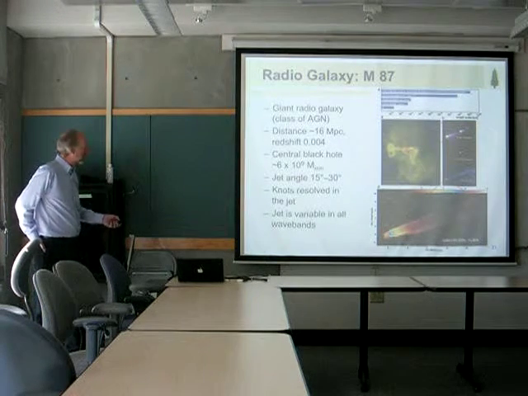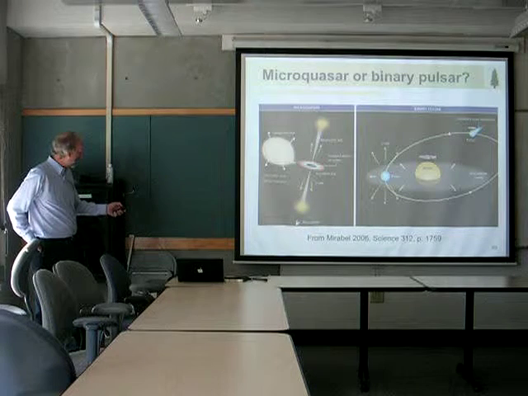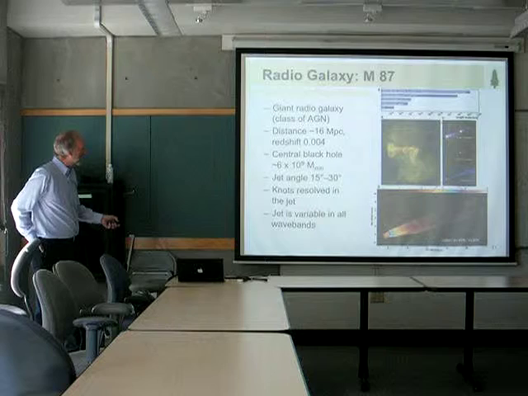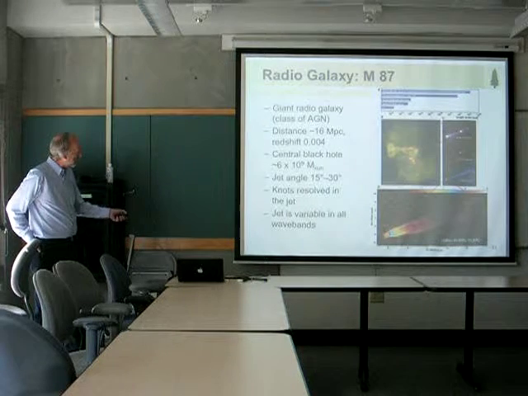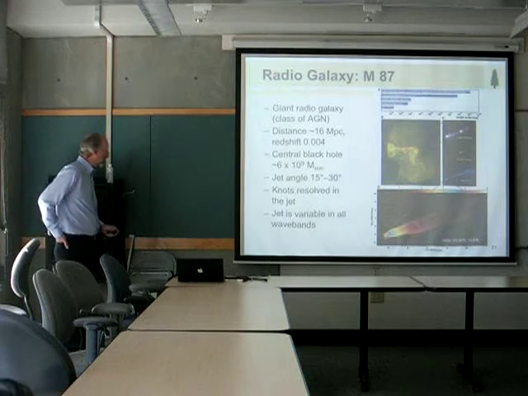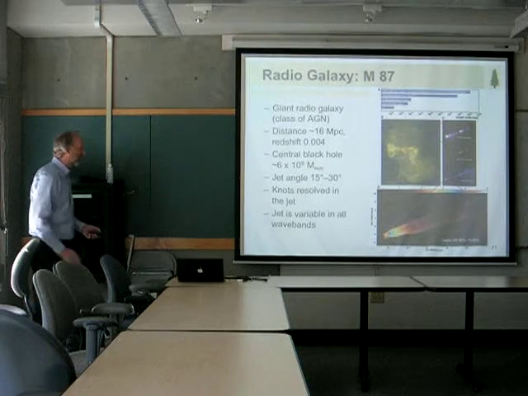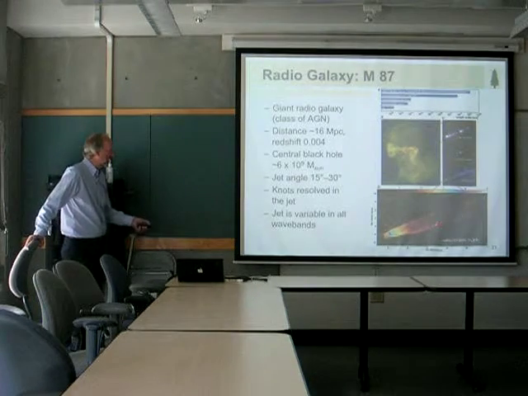So this was a microquasar, which is at the stellar scale. But the objects at the galactic scale where this jet is oriented along our line of sight are an example of quasars,